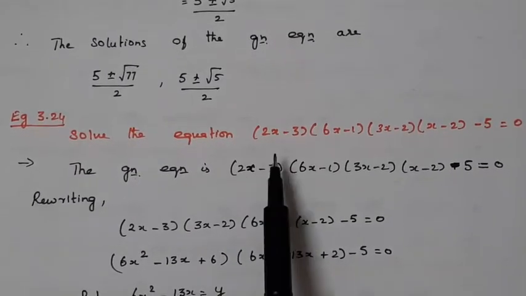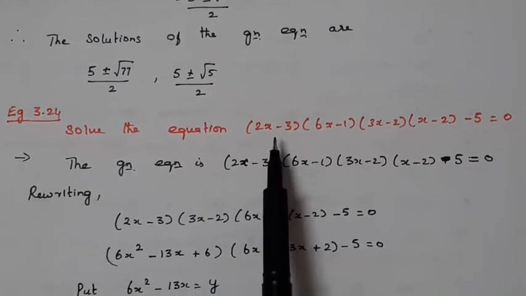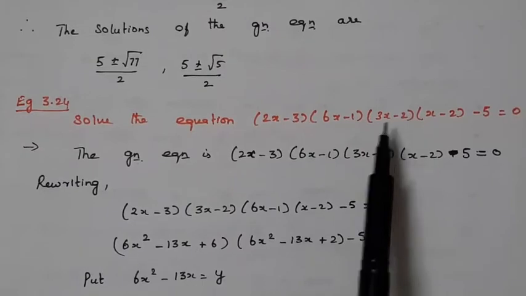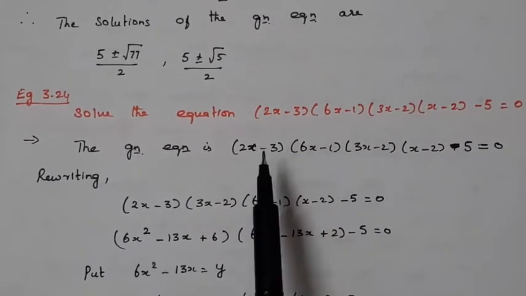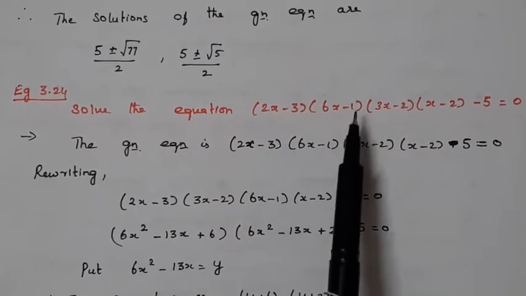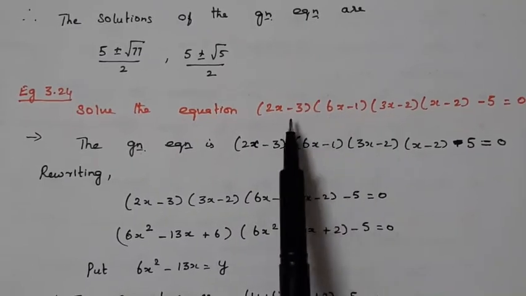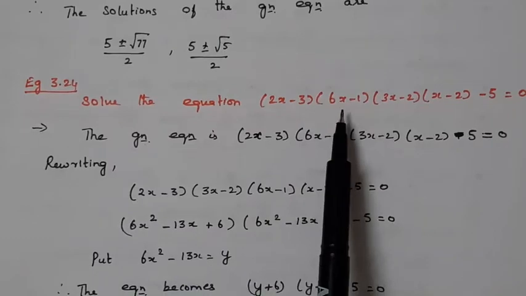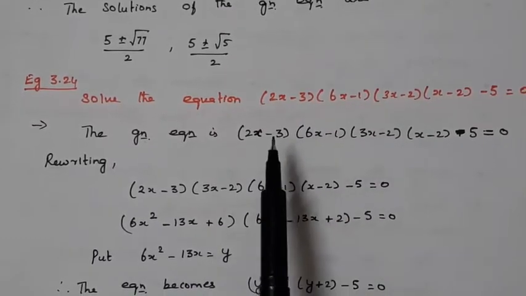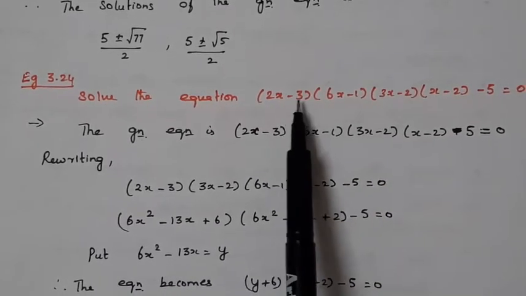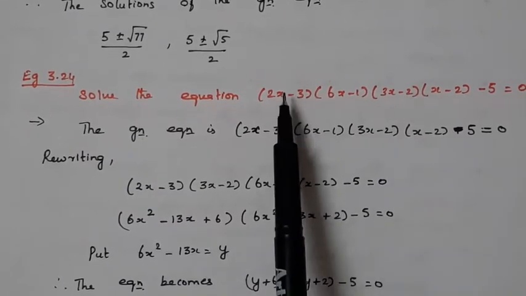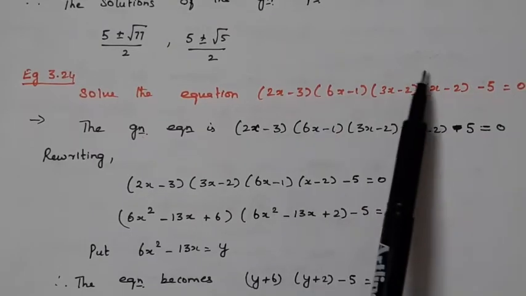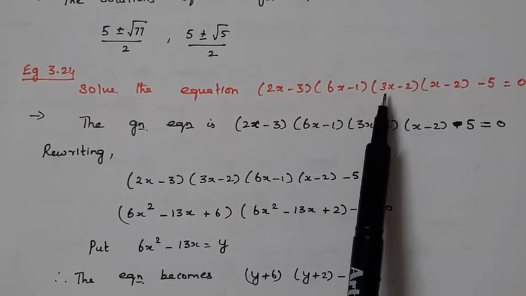So, what is the difference between the previous one and this example? There the coefficients of x were the same, that is 1. Here they are different, okay. But you have to choose the factors to find the product in such a way that the coefficient of x squared and the coefficient of x would be the same, okay. So, what are the three possibilities? Taking 1 and 2, 3 and 4, and then 1 and 3, 2 and 4, and then the third possibility is 1 and 4, 2 and 3, okay.